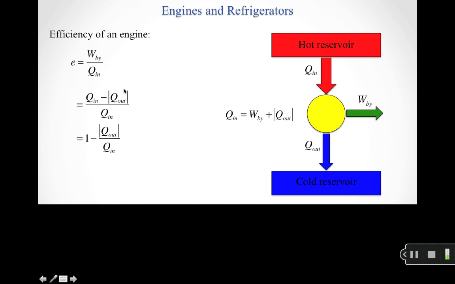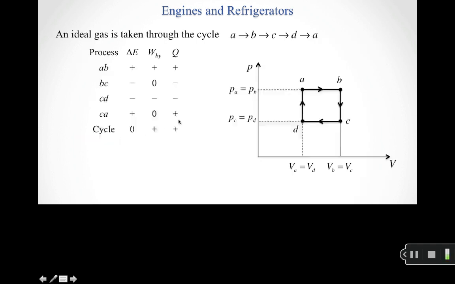I'll see that the work done by is equal to Q_in minus the absolute value of Q_out. And I can plug that in, and so I can rewrite this expression to calculate the efficiency as 1 minus the absolute value of the energy that I dump out of my system as heat, divided by the energy that my system took in as heat initially. And so I can calculate the efficiency of my engine by knowing any two of these three things, right? So I can figure out the Q_in or the work by, or I can do it with Q_in